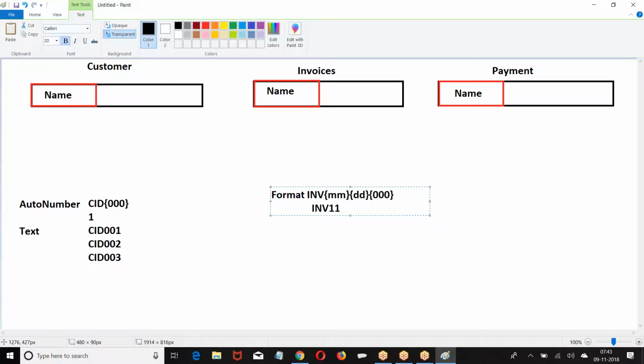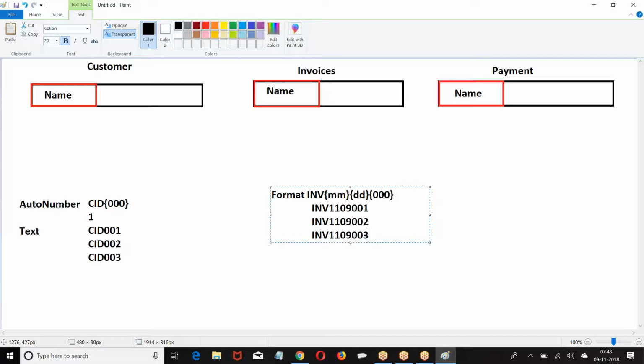Invoice 11, so 09. This is how we are creating. Are you getting my point here? The system will auto generate the number based on the format you mentioned. This is auto number.